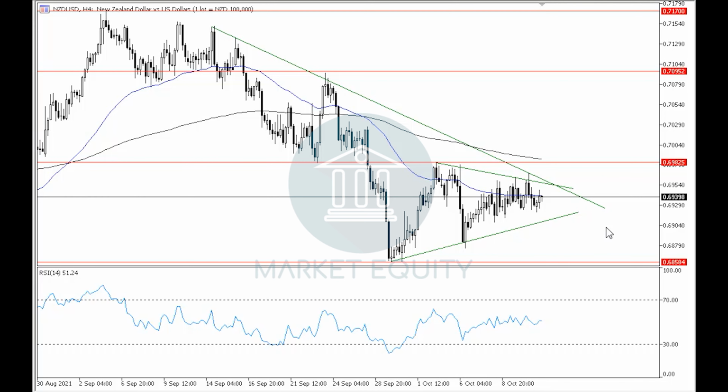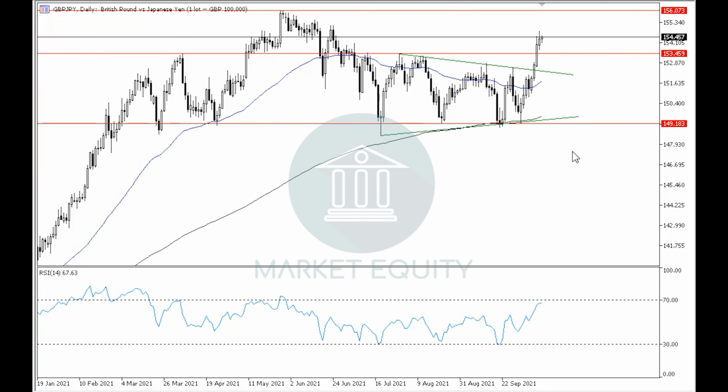Let's move on to the British pound versus the Japanese yen. In the previous videos, we said that the pair is moving in a sideways movement in the daily time frame in the form of a symmetrical triangle, and recently we can see that after breaking upwards to the upper boundary